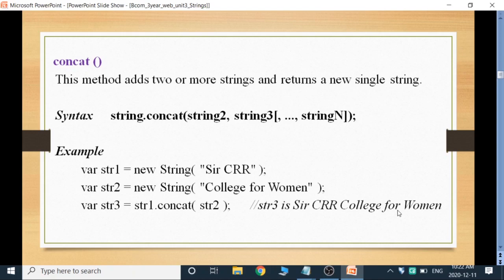Here for that I have taken an example where str1 equals to new string of search error in string 1, and in string 2 I have taken college for women, and in third string I am combining these two strings, that is string 1 and string 2. What is there in string 1? Search error, and in string 2 college for women. Now the concatenation function joins these two strings into one and returns a new string, that is search error college for women, when we use the concatenate function.